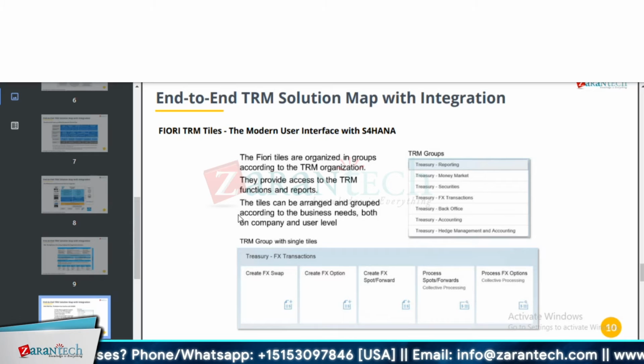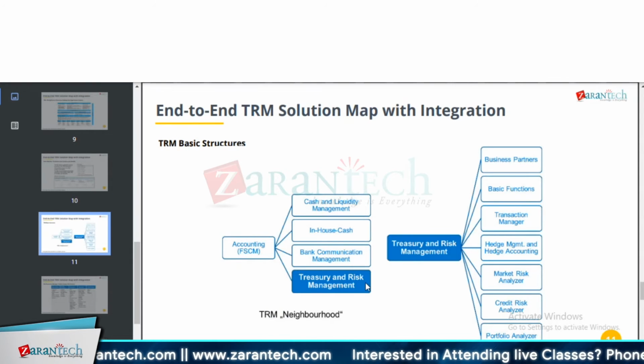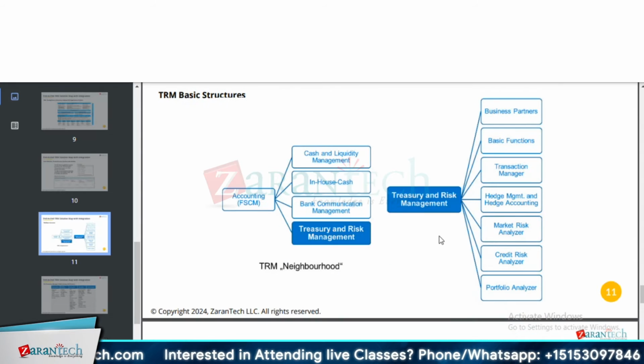With an upgrade, we have separate FX transactions like create FX swap, create FX option for spot forward, forex. We have different Fiori apps, and these Fiori apps we can group under a particular tile so that it becomes more user friendly and user can access these Fiori apps. And this is how the data from different modules are posted to accounting,